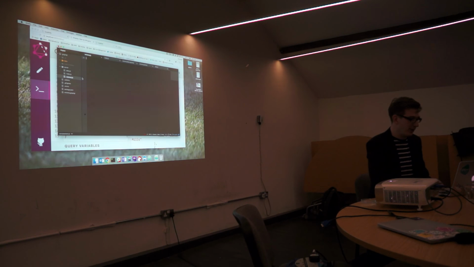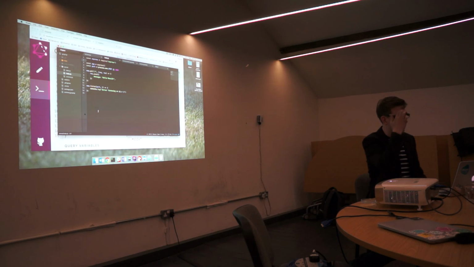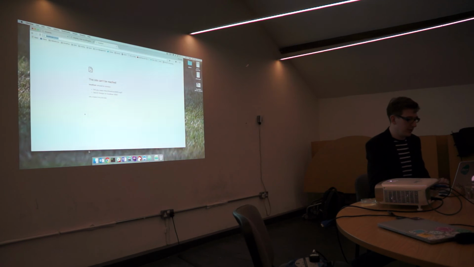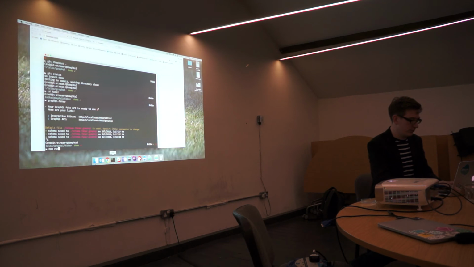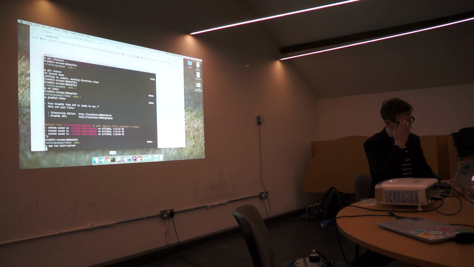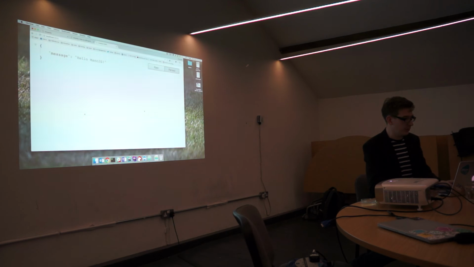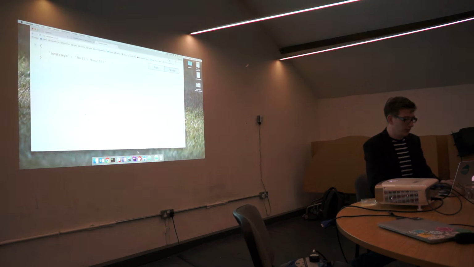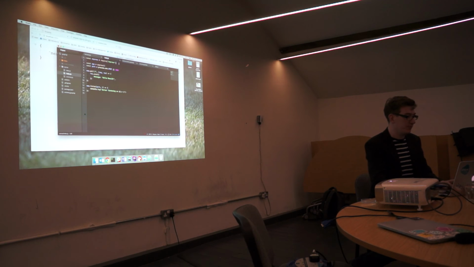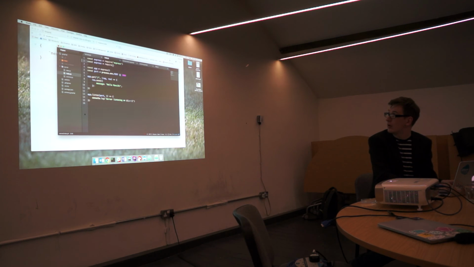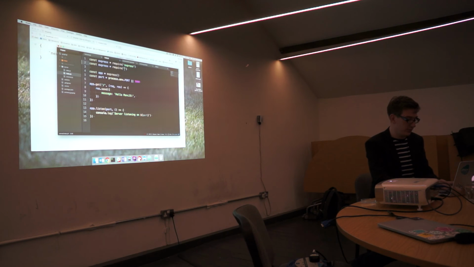So I've set up a really simple express server, so it just has a basic root on, just register a route that will use this.